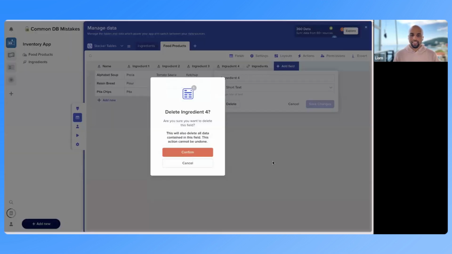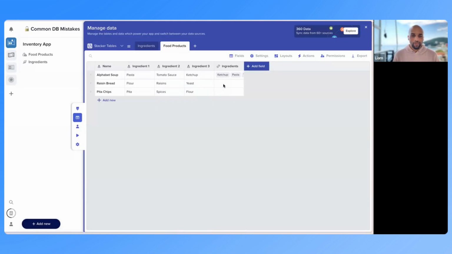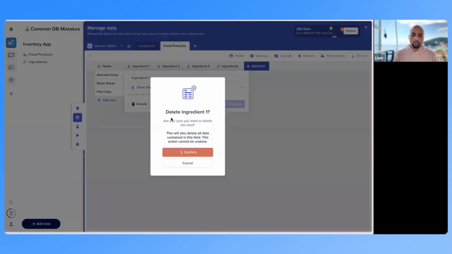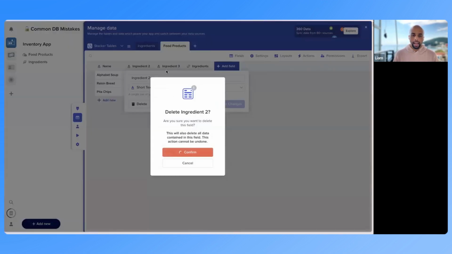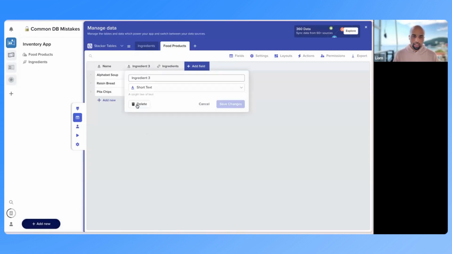Get rid of this because it's annoying me. So we'll do the same here. Throw our yeast in there. Now we've compressed our table down to a couple fields instead of 4, and now we've made it so that we've removed the limits of the user. So if somebody wants to add more than 3 ingredients, they can just do that